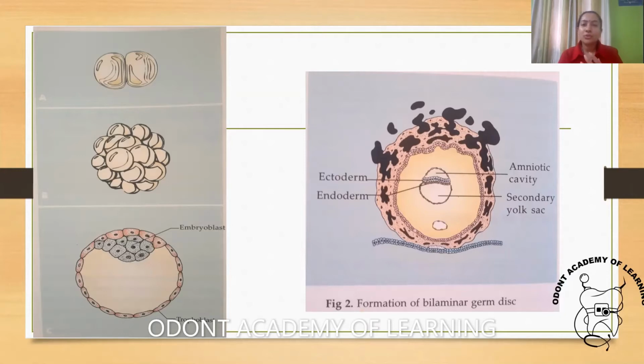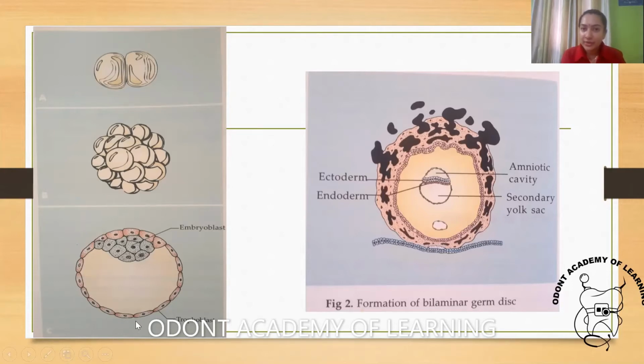Then there is formation of the zygote, and then a 2-cell stage which gets converted into a 16-cell cavity, known as morula. This is the figure of morula, which is a 16-cell cavity. Then fluid fills into the morula. There is an inflow, or seepage, of fluid into the morula, which leads to formation of this particular structure.